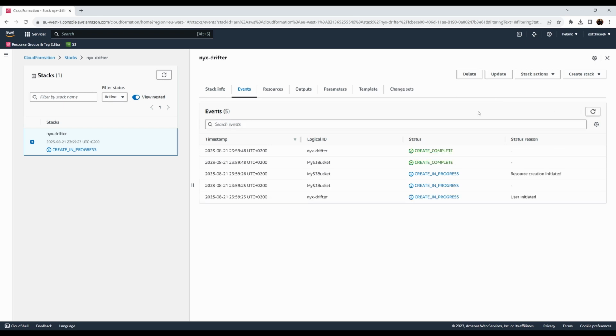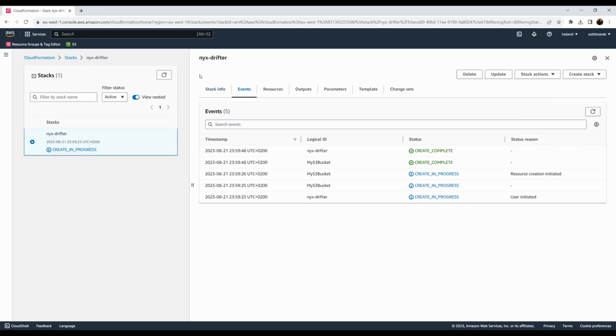Our ClickOps action, because if you don't know what ClickOps is, it's an activity where somebody goes with the mouse, you just click in your console, and do the changes instead of using infrastructure as code. So don't forget this term, ClickOps is real. When I go to stack actions, you see here, view drift results and detect drift, that's something that we will play with. So when I go to detect drift,